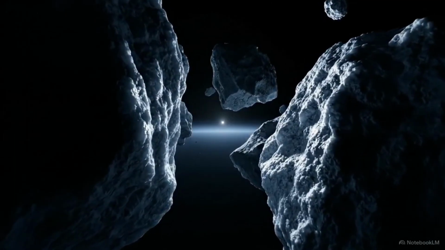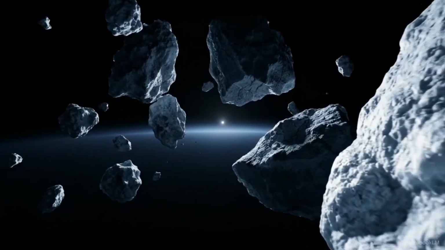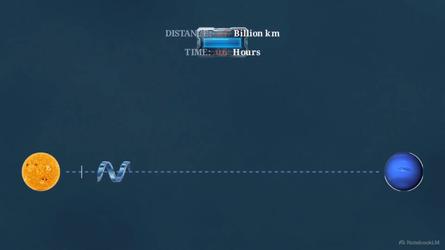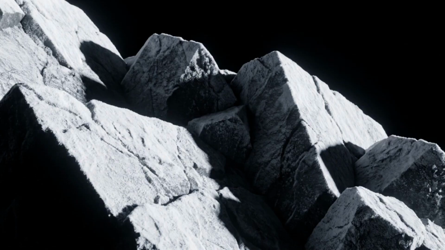As you travel deeper into the outer solar system, warmth completely vanishes, and the sun's light fades away. At 4.5 billion kilometers from the sun, even incoming photons take a grueling 4 hours to arrive. Logic dictates that a world this far from the sun's energy would be a static, completely dormant rock.